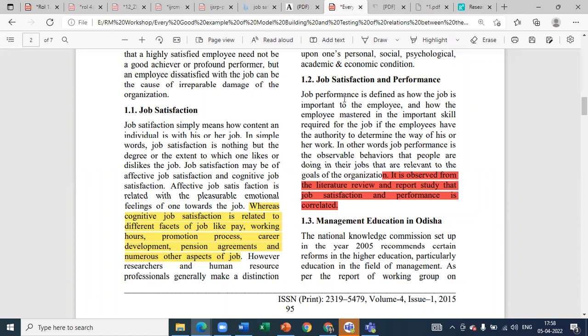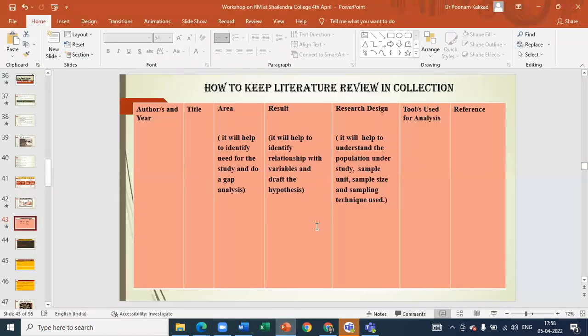आगे देखो और पेपर पढ़ती गई, जॉब सेटिस्फैक्शन एंड परफॉर्मेंस। यहाँ पे इस बंदे ने बताया, it is observed from review of literature and report study that job satisfaction and performance is correlated. Bingo. I got this punchline what I'm looking for. जाइए वापस अपने रिव्यू ऑफ लिटरेचर में, लाइए रिजल्ट, यहाँ पे लिखिए कि इस ऑथर ने अपने टाइटल में ये बता दिया है कि यहाँ पे कुछ कोरिलेशन है।